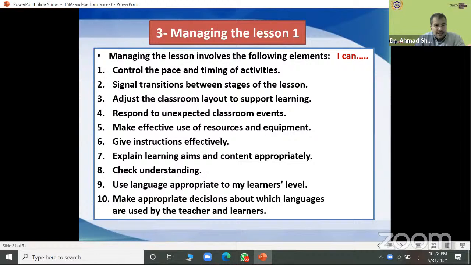Explain learning aims and content appropriately, check understanding, use language appropriate to my learner's level, make appropriate decisions about which languages are used by the teacher and learners. So in this domain, you should manage your class appropriately, whether you are relating to time, to the seating, to the instructions, to the rapport with the students, to checking understanding. The next slide, please.